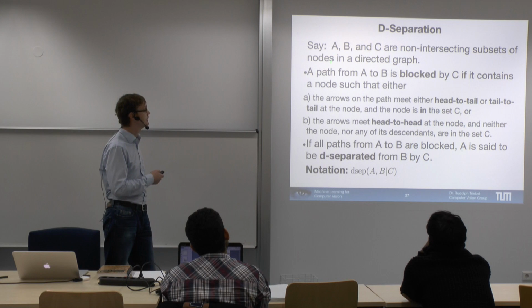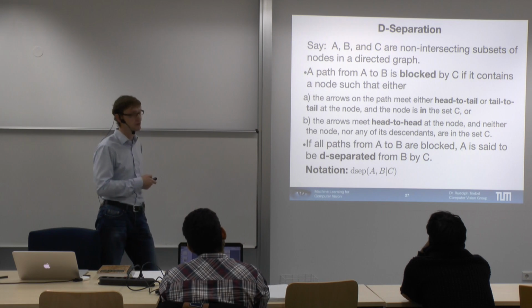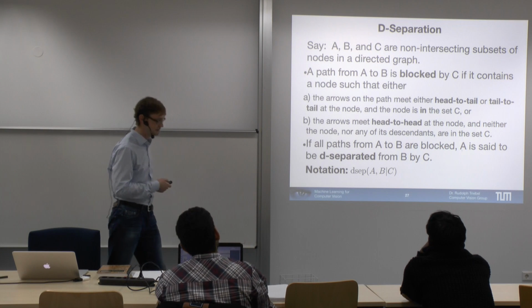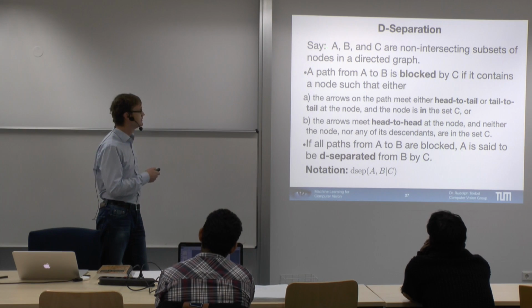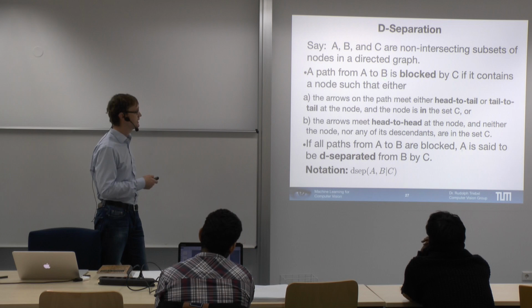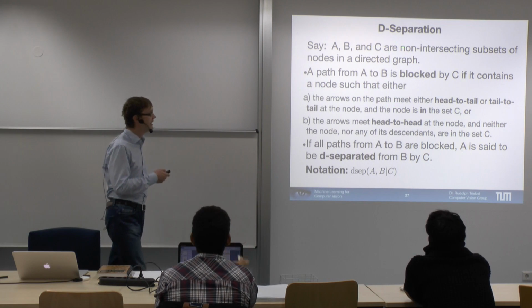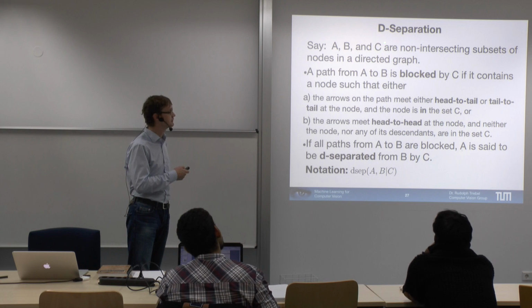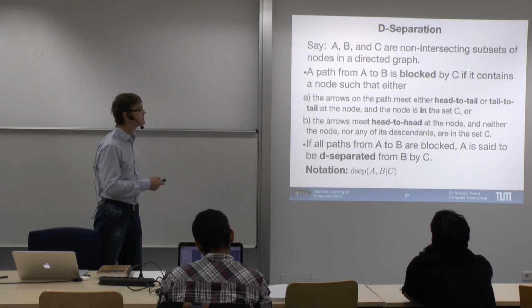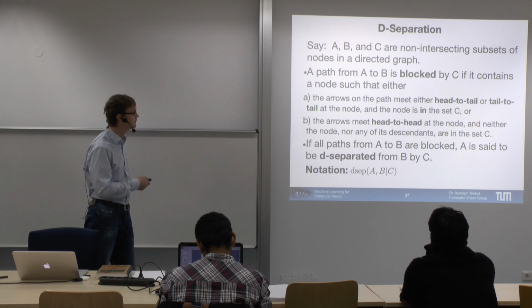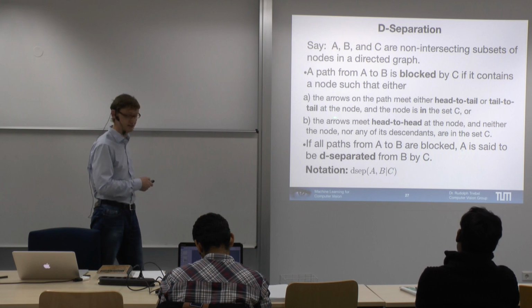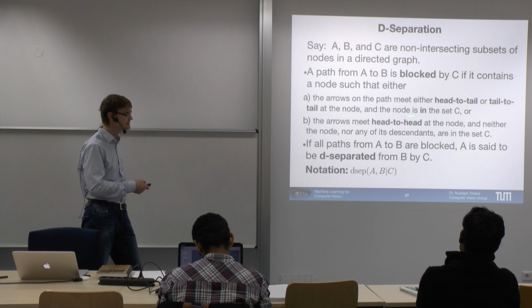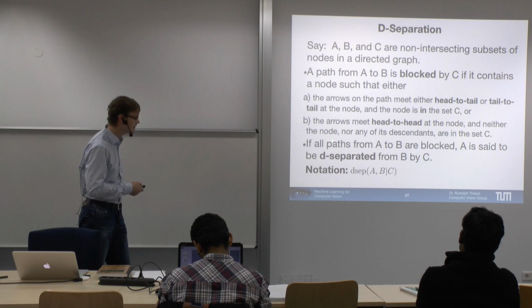So they can have many, many nodes in A and B and C, but there's no node which is in more than one of these sets, right? They are completely non-overlapping. Now, we define a path from one of these sets of nodes to another set of nodes. And we say that this path is blocked by a node in the set C if C contains a node such that either one of these is true. First, either the arrows on the path meet head-to-tail or tail-to-tail at the node, and the node is in the set, so we condition on it, or the arrows meet head-to-head at the node, and neither